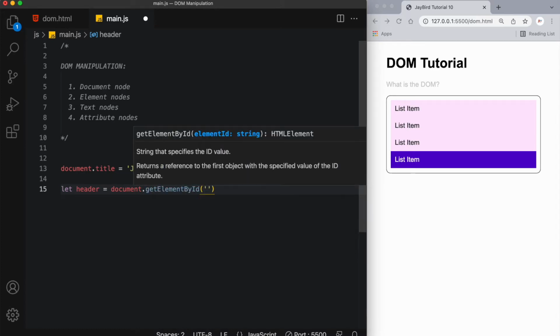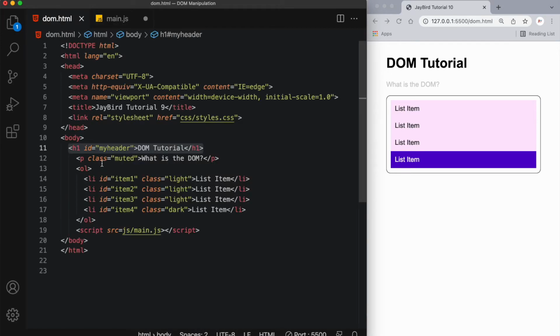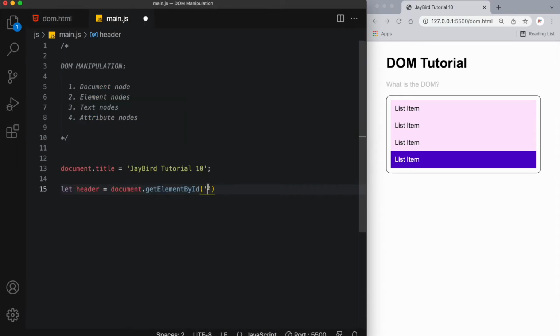And in here, we're going to pass in the element ID that we want to target. So we know the ID here was called my header. So let's target this my header. So here we're passing in the string value of that ID called my header. So what we've done is we've basically stored this location or this element by targeting it here. We've stored it in the variable called header. And now we can simply say that we want to target header